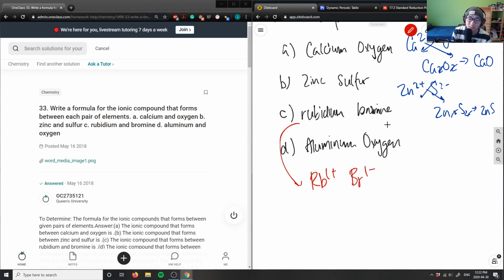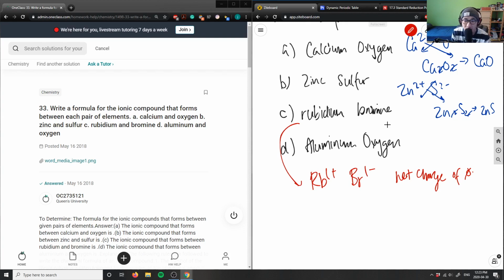And what I'm going to do is, instead of crisscrossing, I'm going to think about this logically. I'm going to think about how do I balance out my charges to get a net charge of 0. If I want to get a net charge of 0, I have 1+ here and 1- here, right? So 1 plus -1 will give me a charge of 0, which means I don't need to add any coefficients here in order to make